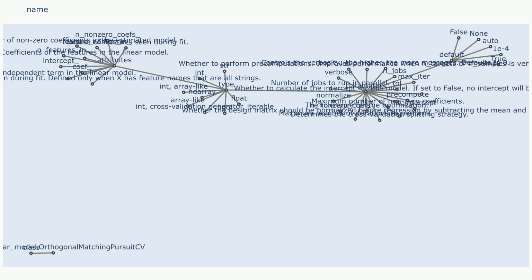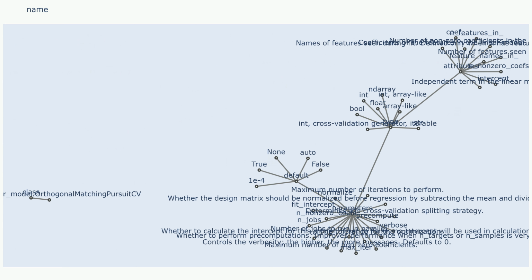Key use cases. Feature selection in high-dimensional data: OrthogonalMatchingPursuitCV excels at identifying a small set of relevant features from a large number of potential predictors, making it ideal for tasks with high dimensionality. Sparse linear regression: when you expect the underlying relationship between features and target variables to be sparse, OrthogonalMatchingPursuitCV can effectively identify the key features contributing to the model's predictions.